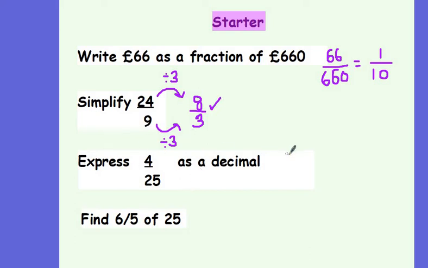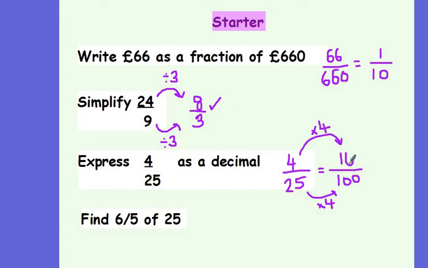Expressing 4 over 25 as a decimal. To do this, I want to make my denominator 100. So Evie, what have I multiplied 25 by to get 100? 4, exactly. Whatever I do to the bottom, I need to do the same to the top. So that gives me 16/100ths, which I would write as